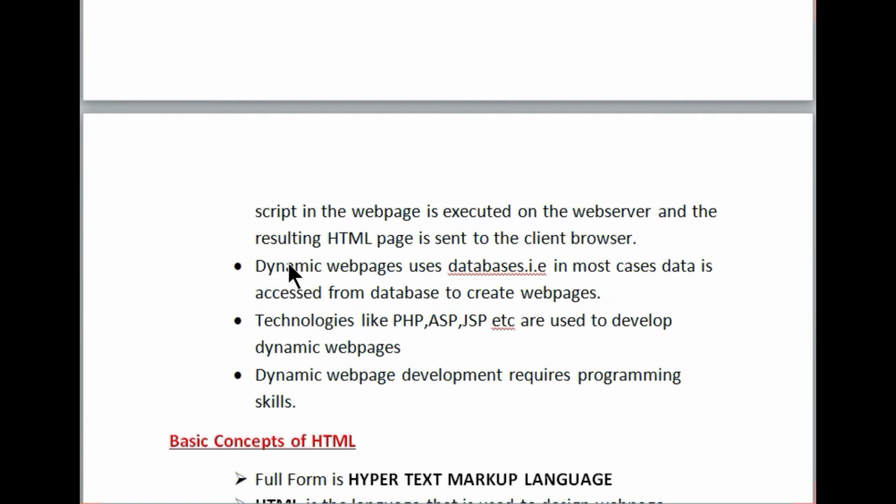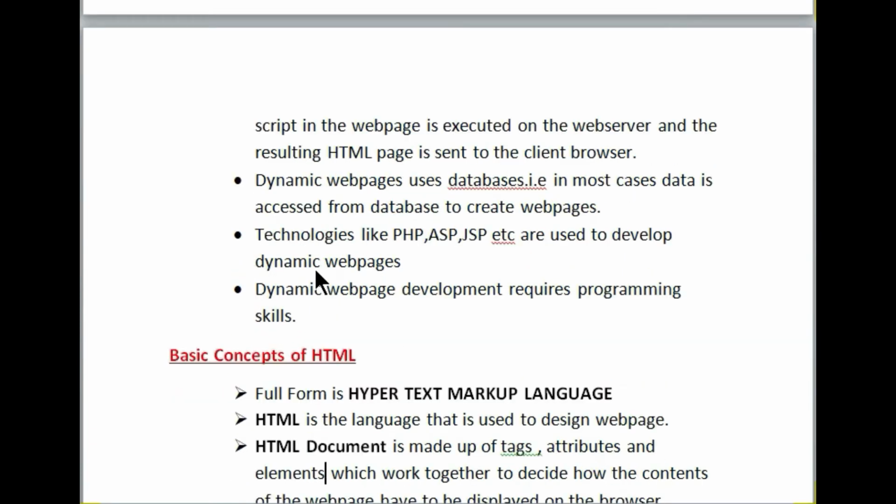What happens is that a database is linked to the server, or attached to this dynamic web page. When we request a result from the dynamic web page, it automatically connects to the database linked to it. That is how each student gets the result when giving his or her register number. This is not possible in static web pages. It is possible only in dynamic web pages because they can use a database.